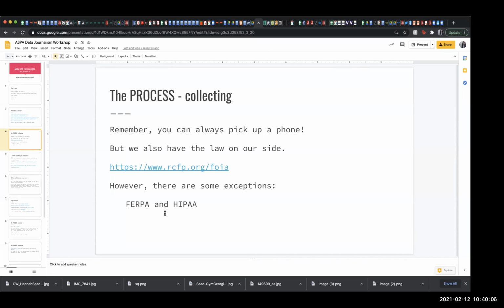Don't quote me on that, but basically it protects students. It protects students from confidential information. So like you could not look at your friend's grades. That would be illegal. You couldn't look at, HIPAA is health, so you couldn't look at medical records or things like that without that person's consent.